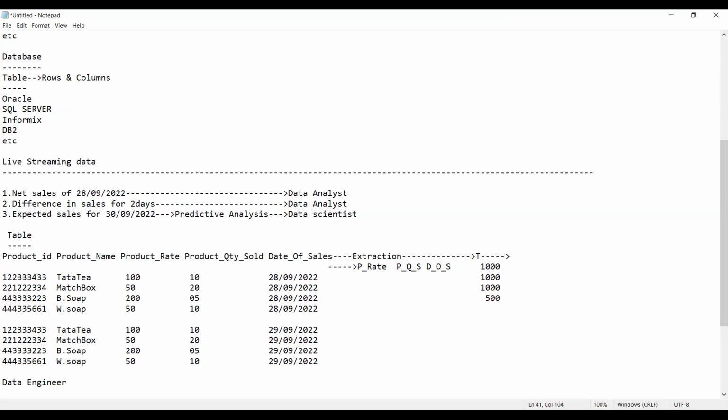And now in the preparation of data to load, do we require the product rate here? Till calculations, I require the product rate. Now I don't require the product rate, so leave it. Product quantity sold is required, guys? That is also not required for me right now because calculation already I've done. This is the process we do in transformation, guys. So that means I will create a table with a new column.